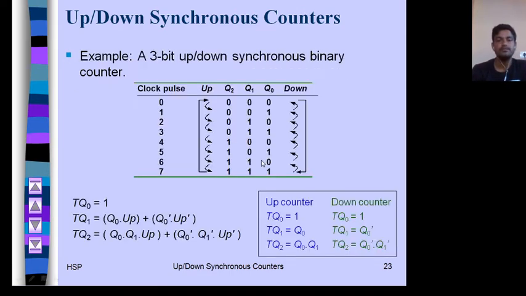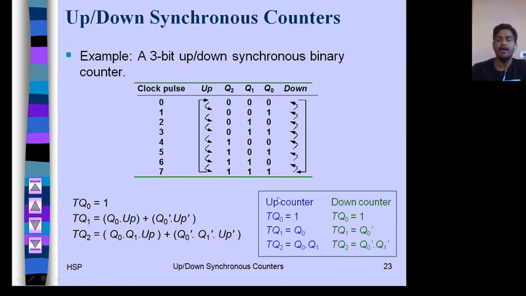This is your 3-bit up-down counter, or you can say mod 8 up-down synchronous counter. In the up counter it will count first 0, then 1, 2, 3, 4, 5, 6, 7, then again it will go to 0. In the down counter, first it will count 111, which means 7, then 110 is 6, then 5, then 4, then 3, then 2, then 1, then 0, and again it will go to 7. Now it totally depends upon the value of your up control line, or you can say select line.